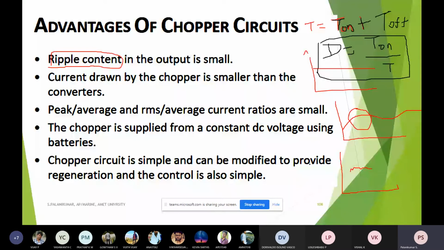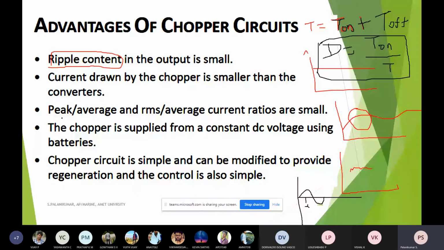Suppose I'm having a sinusoidal supply like this. At what angle am I giving the trigger? If alpha is 30 degrees, exactly at 30 degrees I'm giving the triggering signal to the gate of the particular device. But here, how much time it is on compared to the total period is what we take for the chopper. That is why it is called the duty ratio. So we are using a different terminology, and you should be able to distinguish that. I explained why we use it like that.